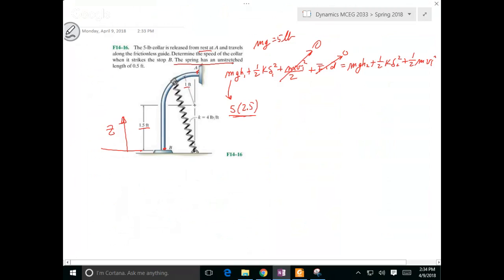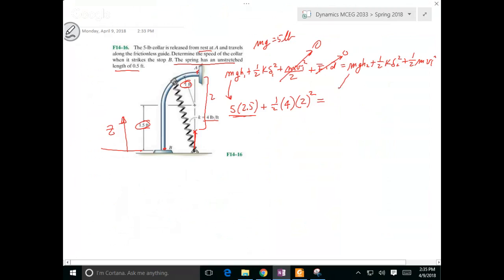Okay, the spring's unstretched length is 1/2 of a foot. So 1/2. The spring stiffness is K, a little 4. Then it's 1/2 a foot. So that means with that and that together, the stretched length is 2 feet. So it's unstretched down to here, and then those 2 feet, it's stretched, equal to